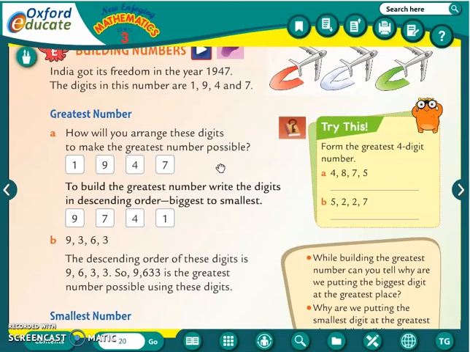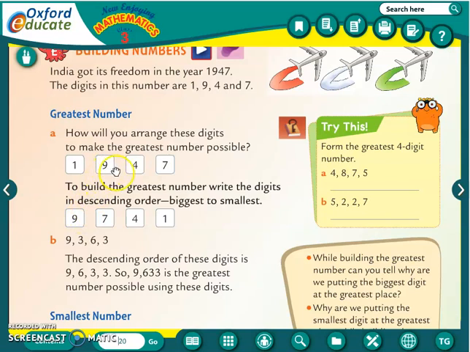तो फर्स्टली व्हाट विल वी सी, दैट इज 4 डिजिट्स आर देयर 1 9 4 7, और अगर इसमें से कोई बड़ा नंबर यानी कि ग्रेटेस्ट नंबर बनाना है, फॉर दैट व्हाट विल वी डू, वी विल select the greatest number from these four numbers 1 9 4 7. उसमें से जो सबसे बड़ा नंबर है वो हम पहले लिखेंगे. So firstly we will write 9.